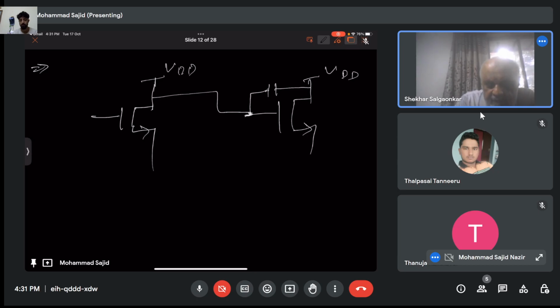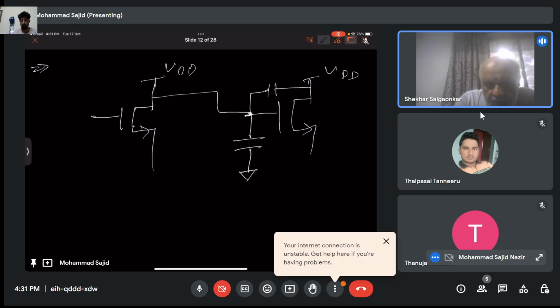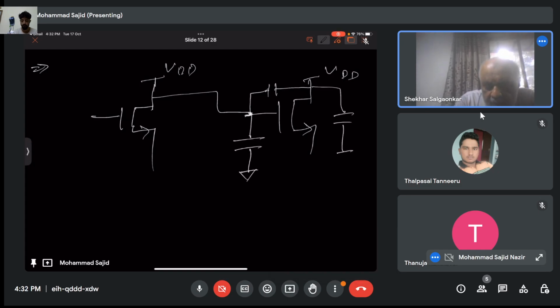Now, since this capacitor is common to the gate and drain, it has to be divided by Miller's theorem. Correct, sir? Somehow I'm not very clear about the theorem. Then there is the output capacitance also, correct? I understand that C out, the one at the output of the second stage, is almost the same as the capacitor in between, I mean C1.